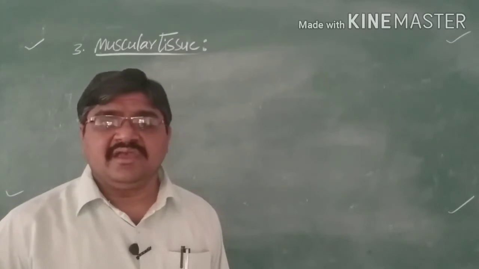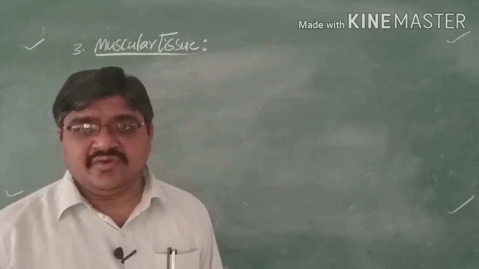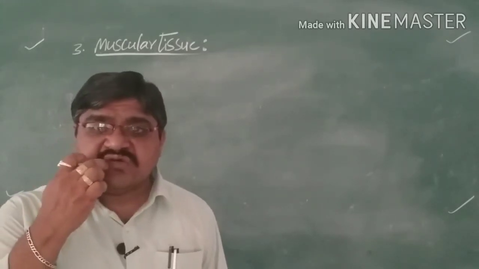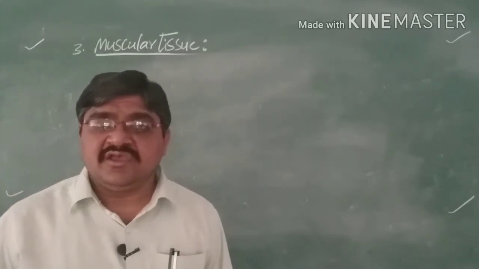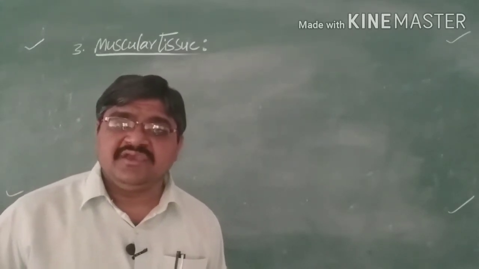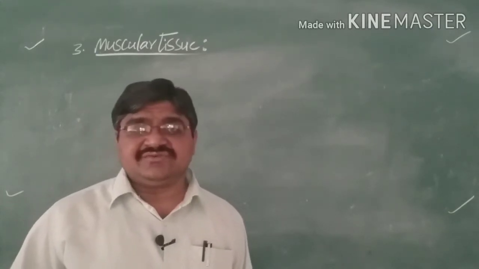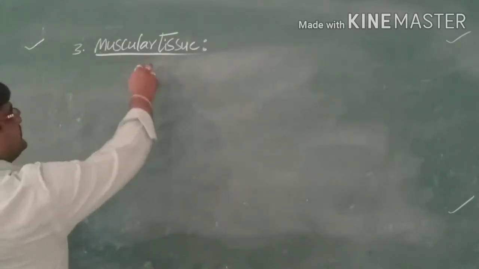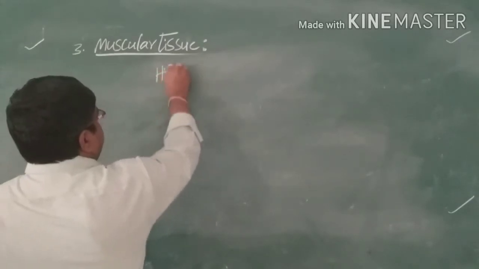Next, coming to the third tissue, that is the muscular tissue. Muscular tissues are highly specialized tissues, and muscle tissues show contractibility. Three natures are present in muscle tissues. So, what are muscle tissues? These are highly specialized